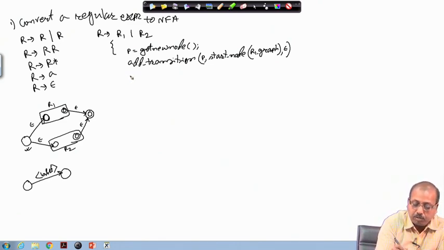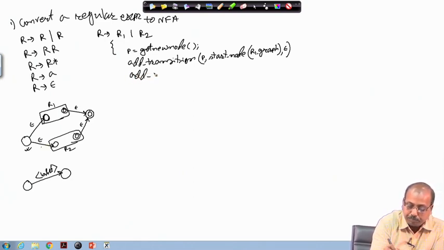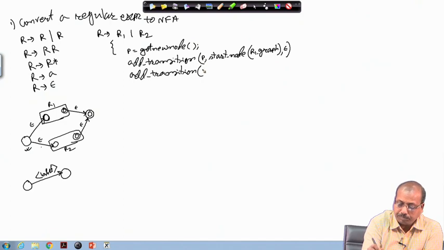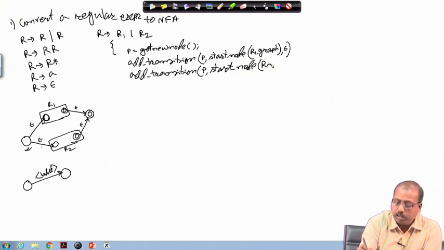Now, for the second one, another transition has to be added for R2. So, for that I can do add transition P, start node of R2 dot graph, and label is epsilon.